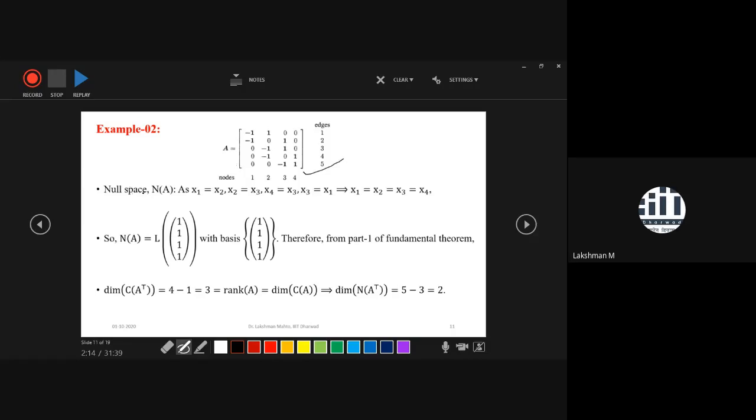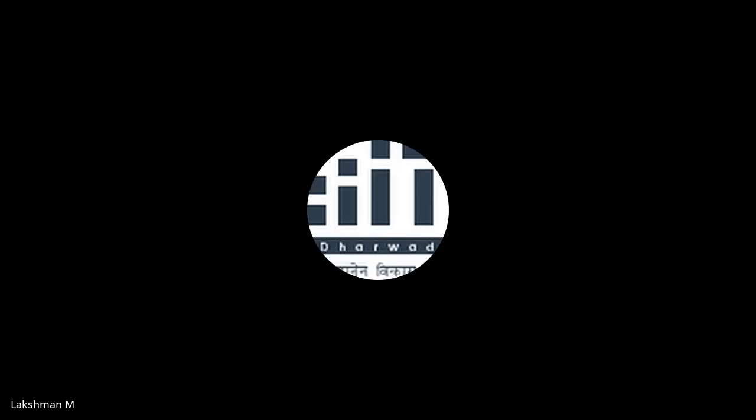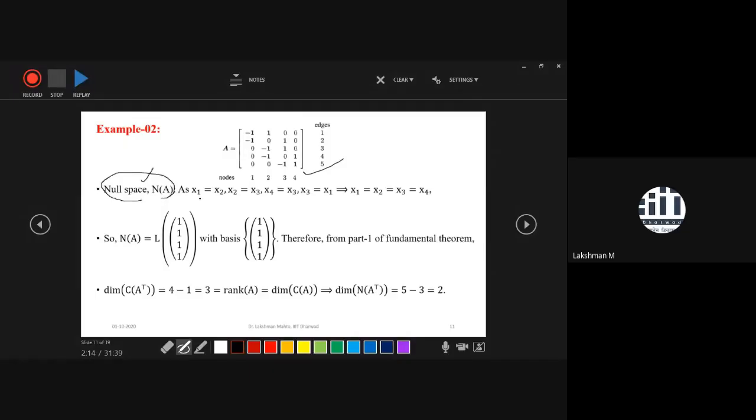So the first target is that we have to find the null space of A. Through inspection, you can observe that x1 equals x3, x2 equals x